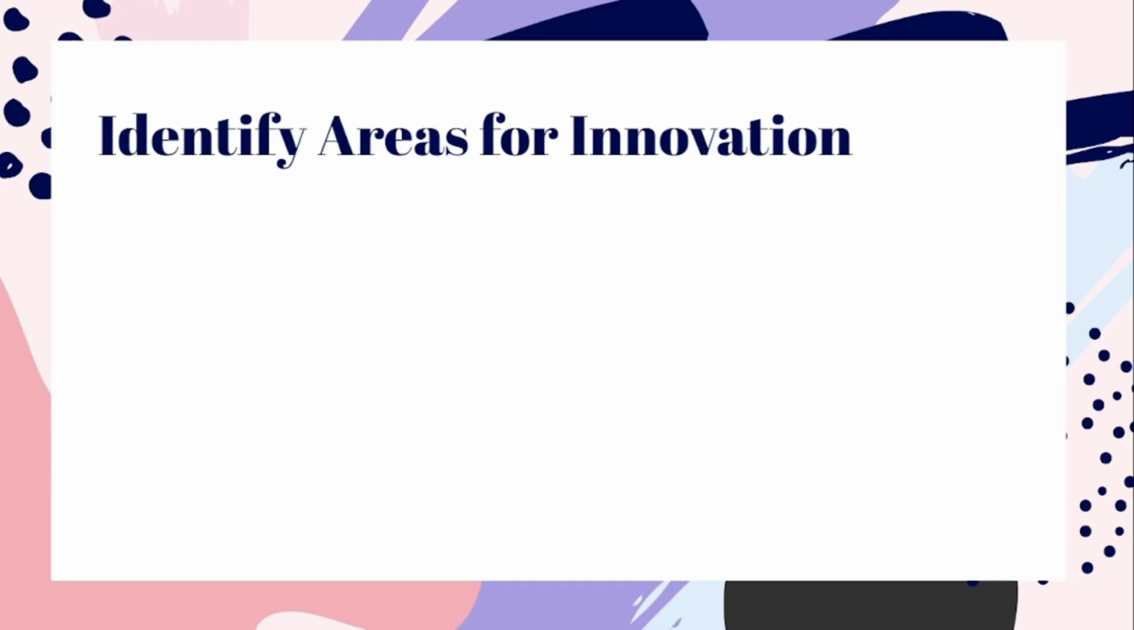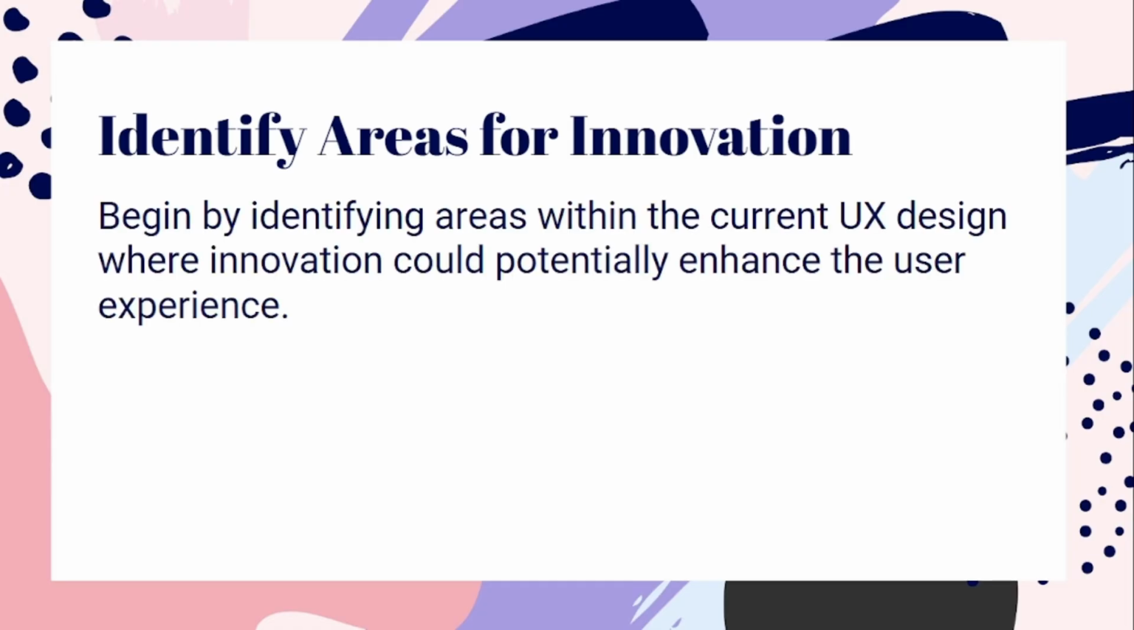Step 1. Identify areas for innovation. Begin by identifying areas within the current UX design where innovation could potentially enhance the user experience. This could include exploring new interaction patterns, integrating emerging technologies, or addressing pain points identified through user research. At the end of this process, you should have come up with a well-defined problem area you would like to